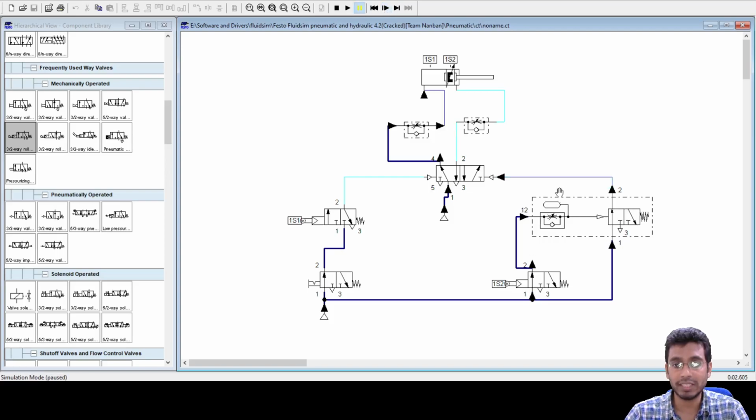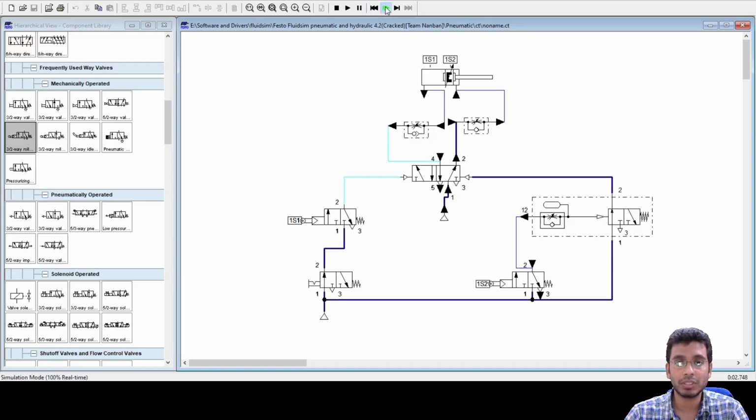Now once this tank is full, what would happen? This valve will get actuated, and now you are going to have your pressurized line, that is port 1, getting connected to port number 2, and finally shifting this 5/2 valve towards its right envelope, which would again result in the retraction of my cylinder. So again the cylinder is now retracting back.